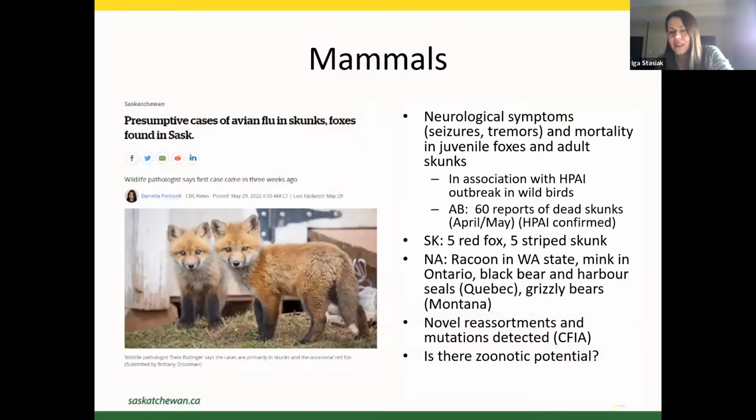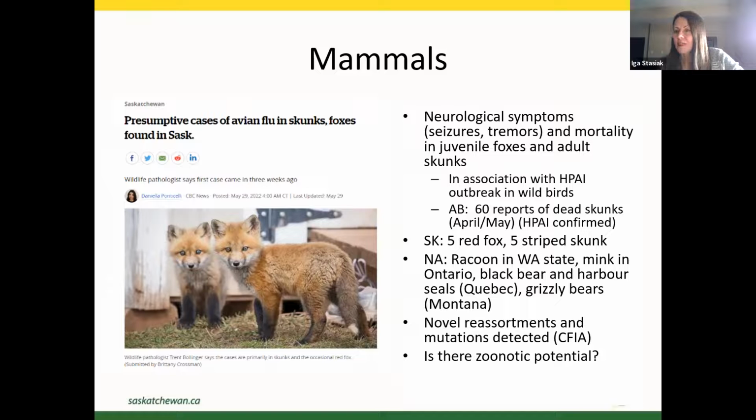So the other interesting sort of evolution and what's been happening here is we've been seeing cases in mammals as well. So all these animals, the birds and the mammals, are exhibiting neurological symptoms as well as respiratory symptoms in some cases. Last spring, we had a number of foxes and skunks exhibiting neurologic symptoms that were found to be positive. And now across North America, it's been found in a variety of species, including grizzly bears, black bears. We had some seals, dolphin, some mink, and all confirmed to be infected with this H5N1,